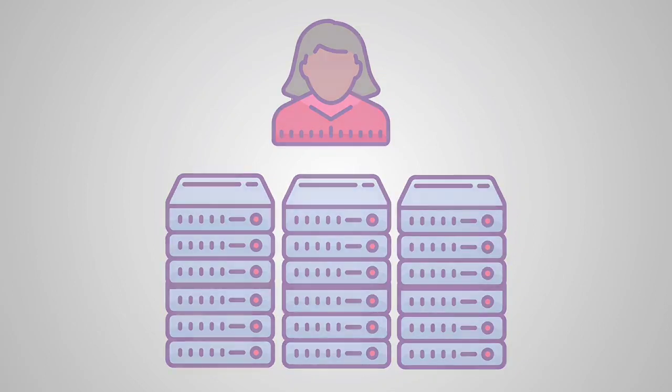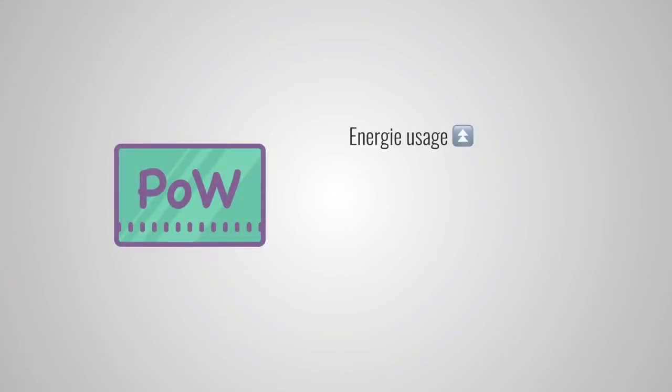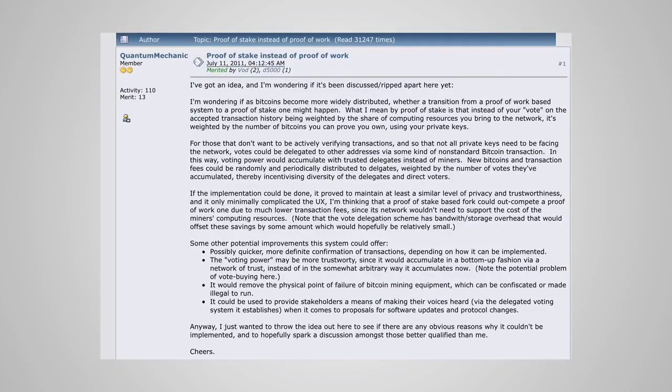So, to sum it up, proof of work is causing miners to use massive amounts of electricity, and it encourages the use of mining pools, which makes the blockchain more centralized as opposed to decentralized. So to solve these issues, we have to find a new consensus algorithm that is as effective or better than proof of work. In 2011, a Bitcoin Talk forum user called Quantum Mechanic proposed a new technique that he called